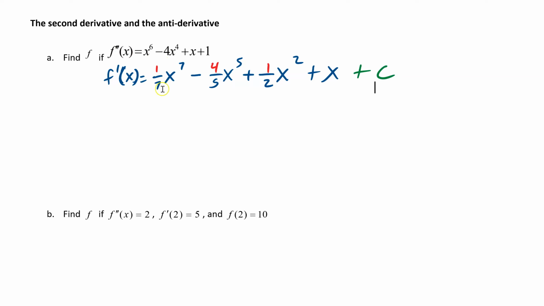So that would become 7 over 7, perfect, x to the 6th. That would be 4x to the 4th, perfect. That would be x to the 1, and then a constant. So it checks perfectly. So now when we do our second derivative,